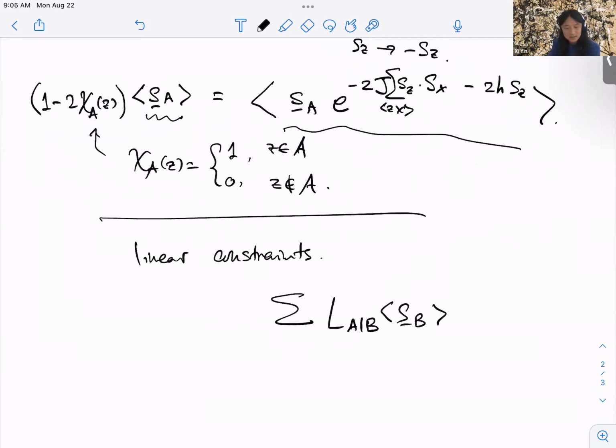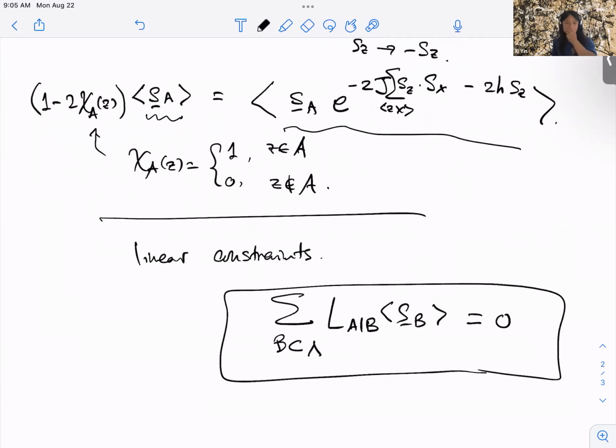So I started with the set A, but I look at the things related by this spin flip. They're linear constraints of this form. This is in contrast to, let's say, the loop equations for lattice Yang-Mills theory in the planar limit, which are a priori quadratic equations. In this case, because we're considering all possible spin insertions, they're just linear equations. But the point is that, of course, there's a ton of